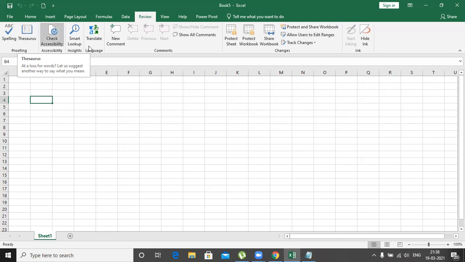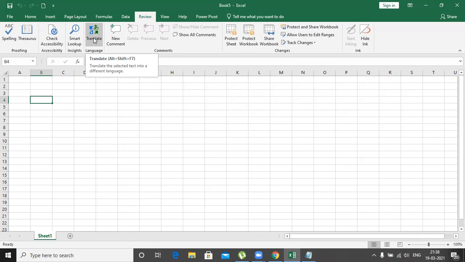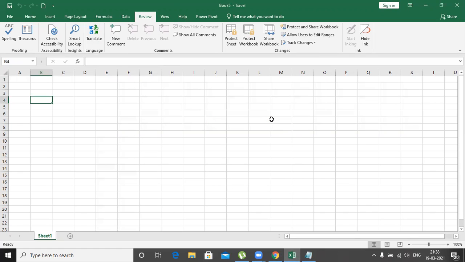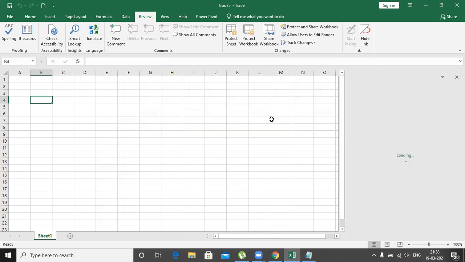If you have internet, you can go for Language and then Translate. Translate means converting from one language to another language. If I want to learn or know about the French language, you just type in English and it will give the French. So there is an input language and an output language.